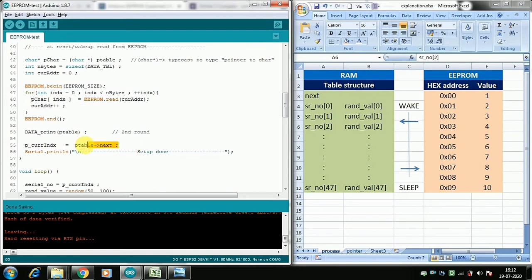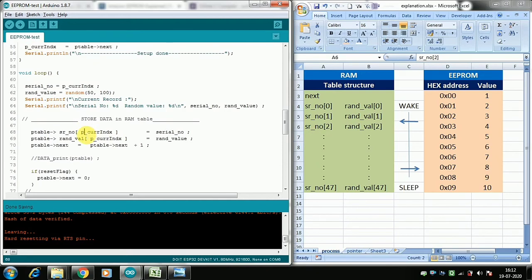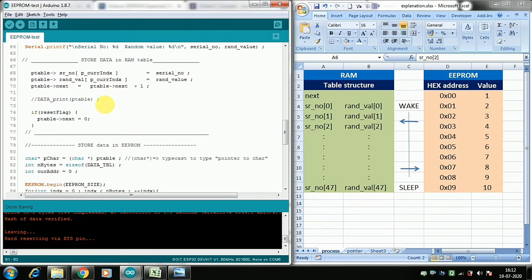Yeah, so whatever we have written, we have read from EEPROM, we set the next into current index. So next is always in the next position, the vacant position. At that position we are writing whatever data we got from our sensor. Once that is written, I can again print what is written, but it is not needed, so I commented it out. The double slash is commenting out, so this will not compile and will not print anything.